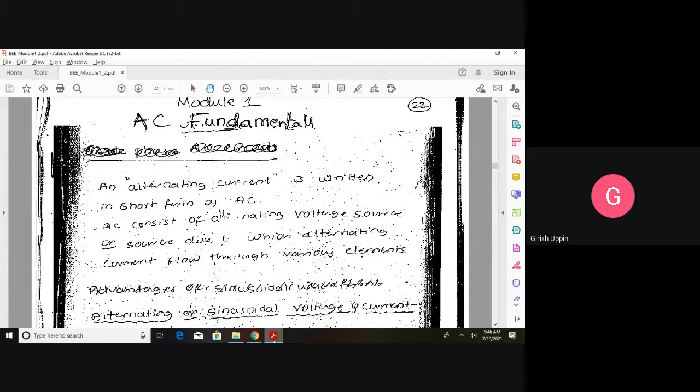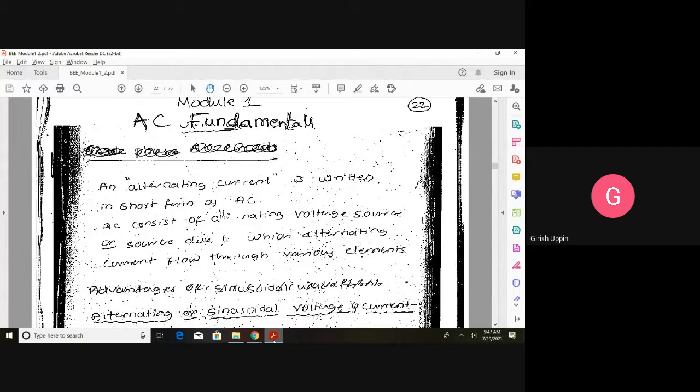In AC fundamentals, we are going to look into the alternating current, as we know that the household supply or industrial supply that is provided, and the form in which power is generated, is AC, alternating form. And when we talk about alternating, we are using the sinusoidal waveform, not any other alternating waveform, not square or triangular. It is represented in the form V is equal to Vm sin omega t for the voltage, and current I is equal to Im sin omega t.